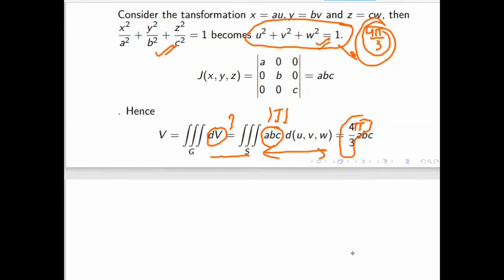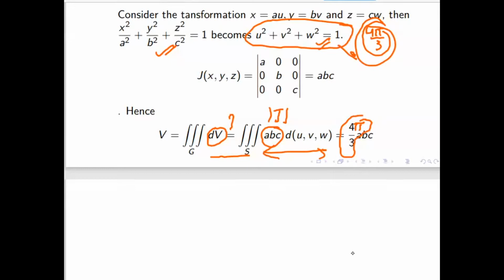Which order, we don't know. That's why I put du, v, w, because we don't know the order of integration, whether u will come first or v. Once we apply the limit, we will know which one is the actual. So if you take out the Jacobian, abc, which is the constant, what remains is nothing but the volume of this sphere. So here we know the answer. I will also prove that it comes 4 pi by 3.